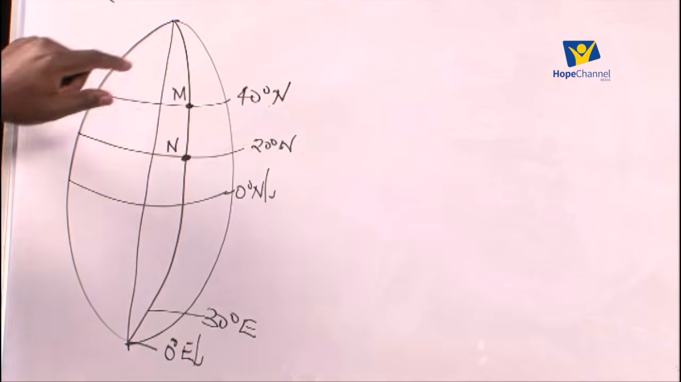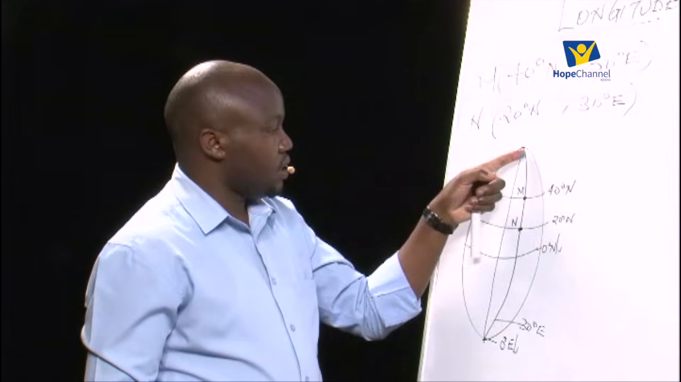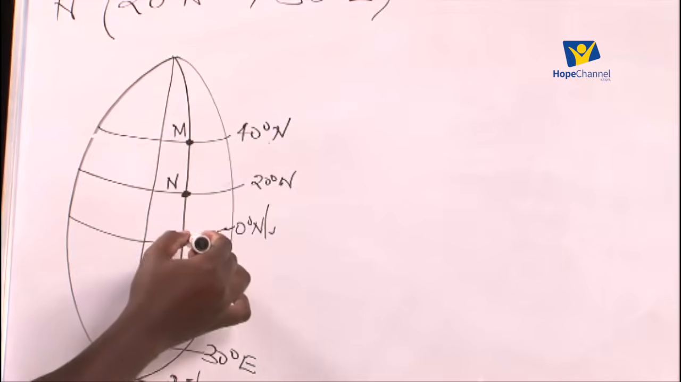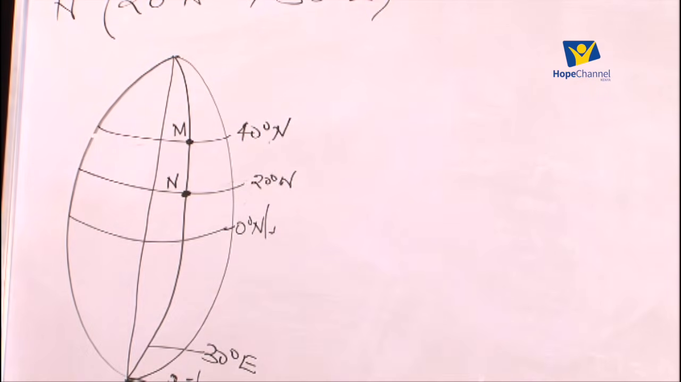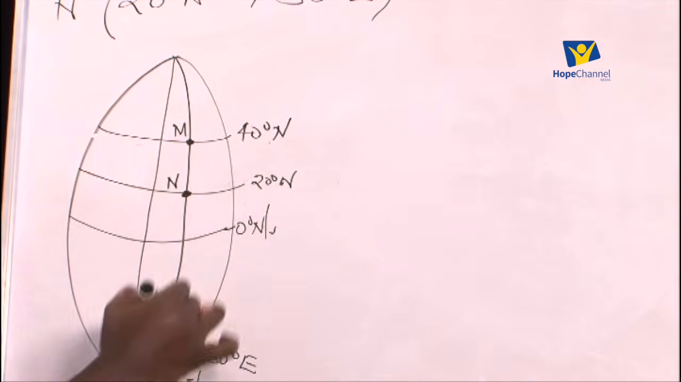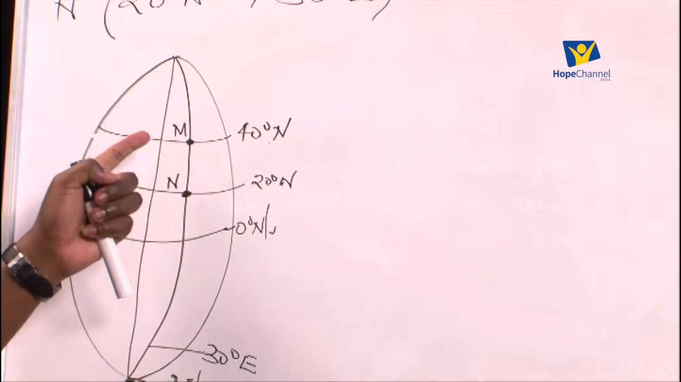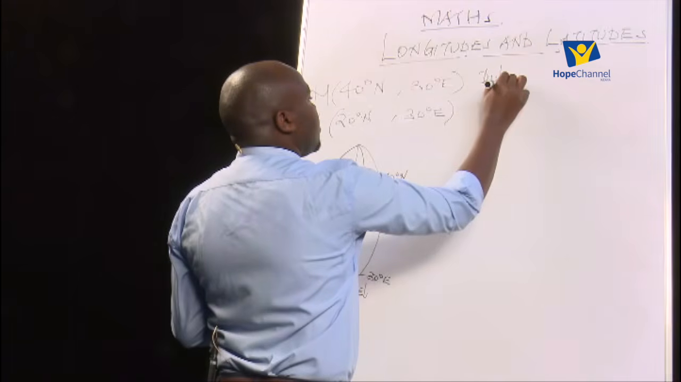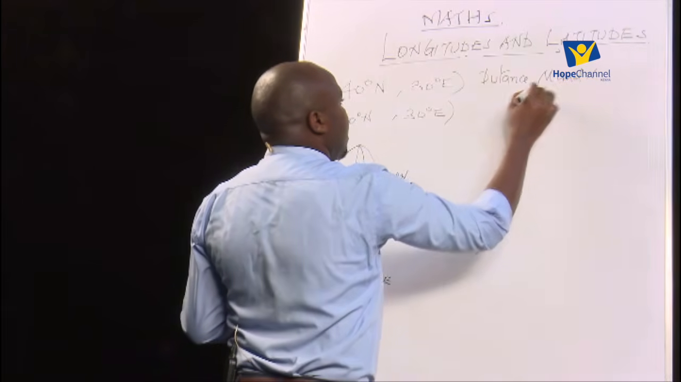Now you realize that my location of 40 degrees north is here, and 30 degrees east is here, with 20 degrees below 40. Remember, it's from 0 going up to 180, so 20 comes below 40. Once you locate these points, you realize that M and N both lie along the same longitude, and therefore they qualify to be a great circle, right? So the distance between M and N is a great circle,